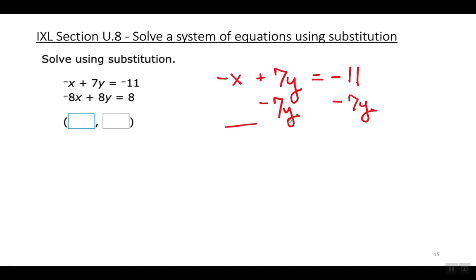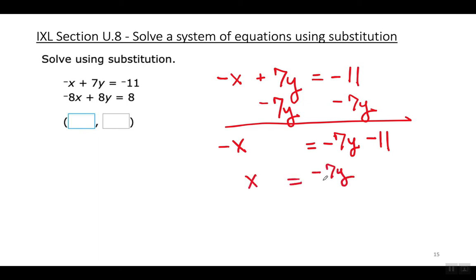So that's going to give me negative x equals negative 7y minus 11. Now to get rid of this negative sign, imagine there's a negative 1 here. And you're going to move it and divide everything on that side by a negative 1. So that would be x equals negative 7 divided by negative 1y minus 11 divided by negative 1. Basically, these two negatives are going to become positives. So x equals